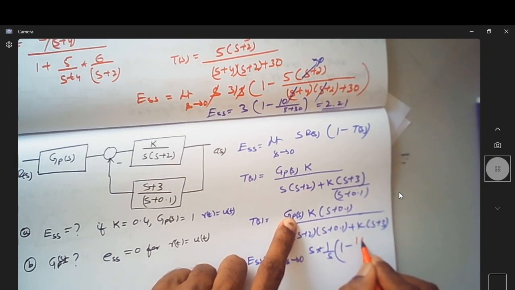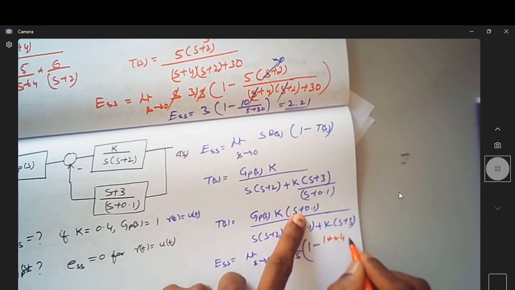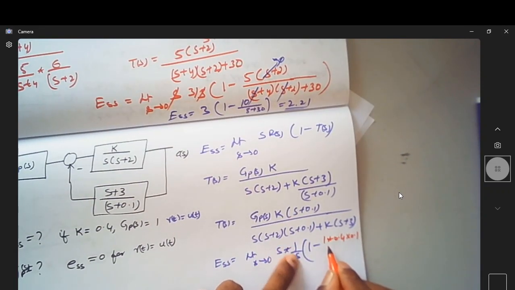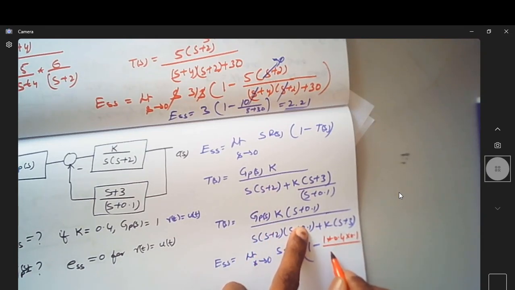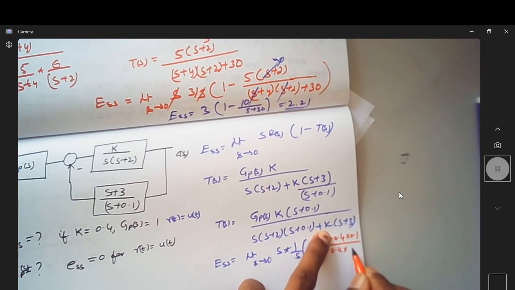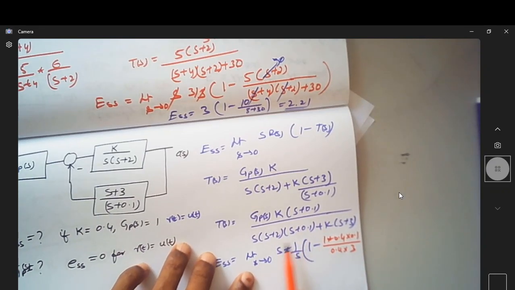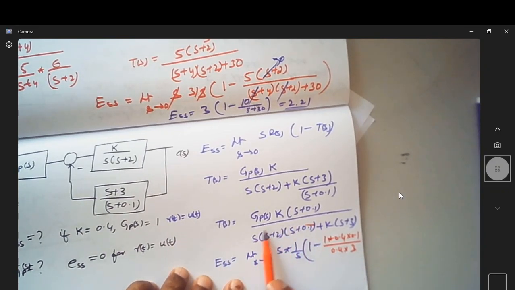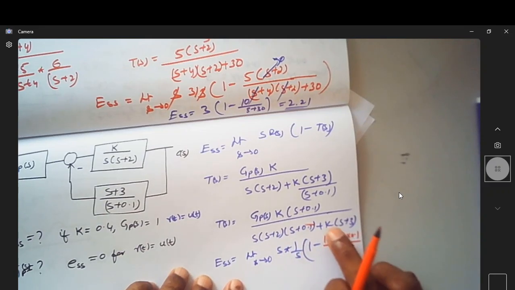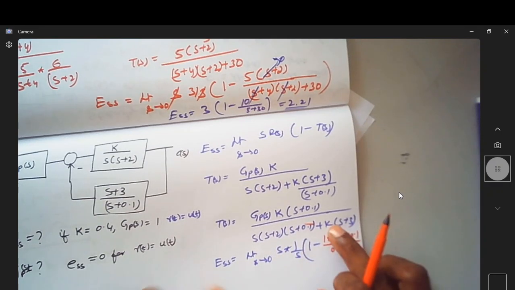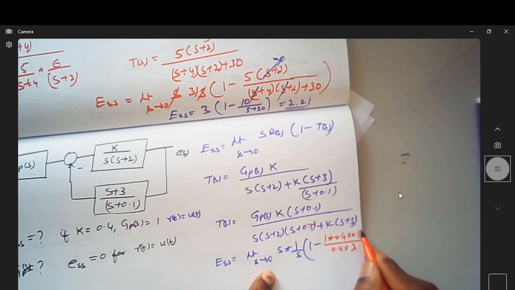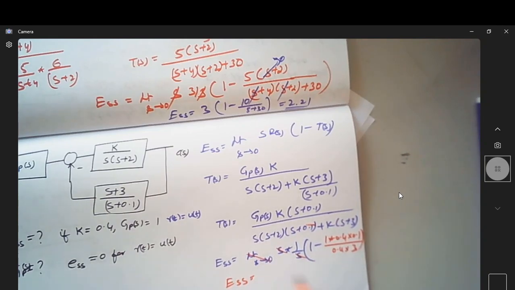This is 1, this is 0.4 and this is 0.1 divided by, okay, this will totally become 0, this will become 0.4 into 3, correct? Because as s tends to 0, this entire term becomes 0 here, and K is now 0.4. So can we find what ESS is here? This will go off and this we already applied, so ESS is now equal to